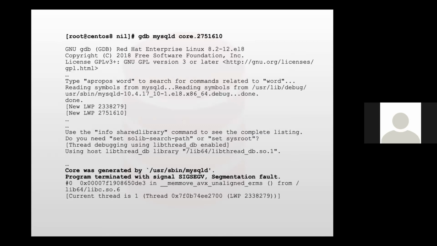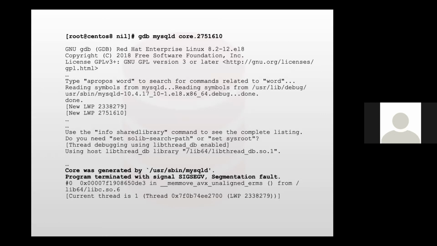So what I did was ask the customer to provide us a core file. You can see the core file name, core dot, followed by the process ID of the service. We asked the customer to provide that, and I created a setup on CentOS 8 with the same binaries. They were using Enterprise Server, so with the same binaries and same libraries, I set it up locally and ran this GDB command. When you run GDB on the core file, you will get this kind of messages. First, you will see new LWP and a thread ID. This is actually the operating system thread ID.